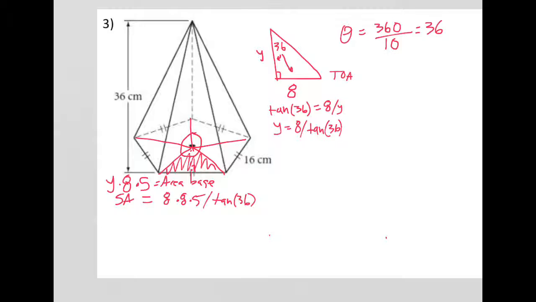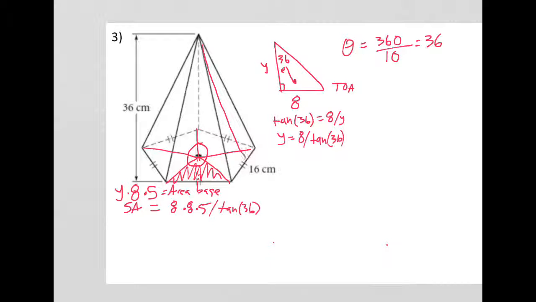So let's think about what else is going to go into this surface area. Well, I need the area of the triangle here. And what do I know about this triangle? Well, I know that it's slanty, so I need to figure out what this slant height right there is. So we need to now picture this triangle. If you can visualize what I've just drawn there, we have the slant height L running along the face there. We have the actual height here, 36. And again,